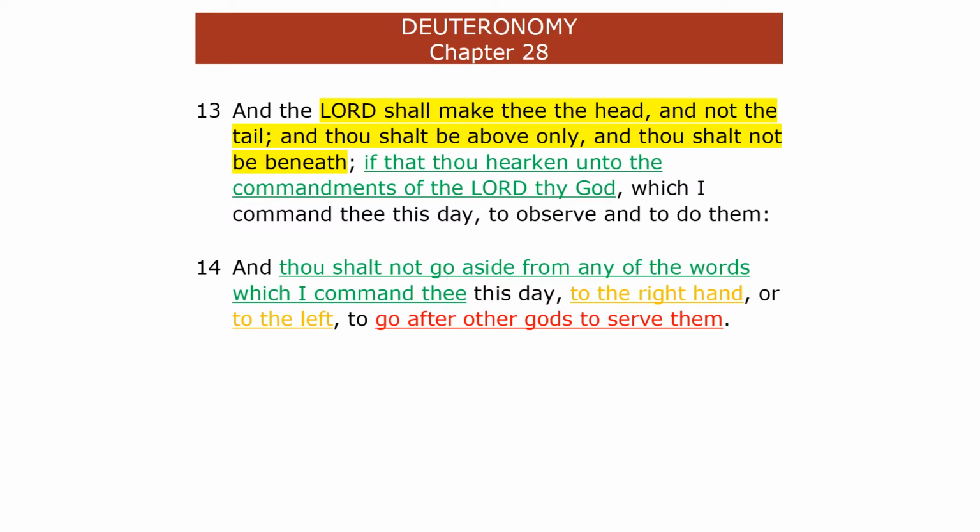That's what it means. You're going to have to do them. You're going to have to observe and do them daily. They were taken away from you, but they're coming back. And you're going to be nation builders. You're going to be money lenders. You're going to be the head, and everyone is going to come to you,